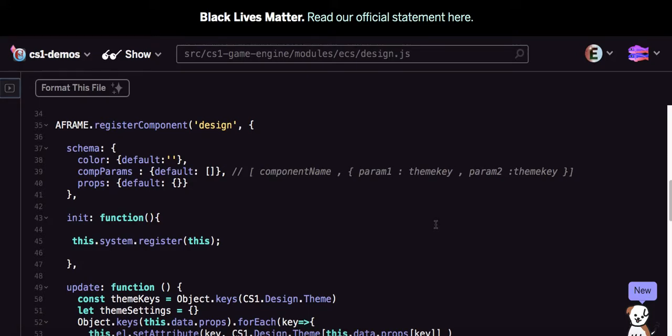Hello. I'd like to share with you a little bit about the CS1 Game Engine API, specifically the Design API. The Design API has recently been something I've been focusing on, particularly because in the industry, whether it's general application development, if there's some type of graphic user interface involved, there's normally a design system accompanying that project in order to abstract away a little bit of the design parameters, like the colors, maybe